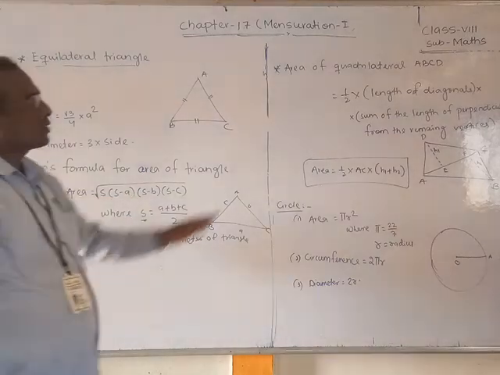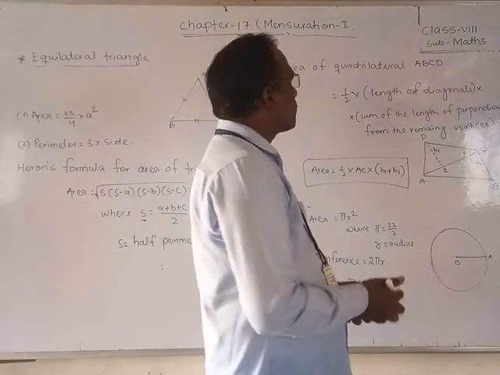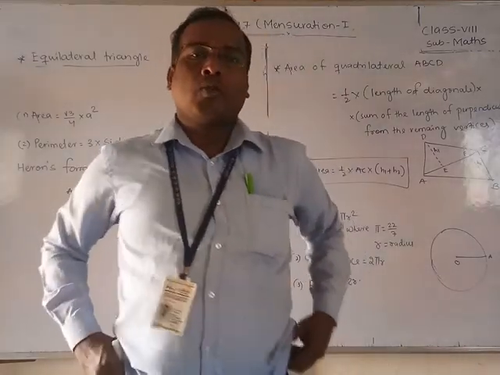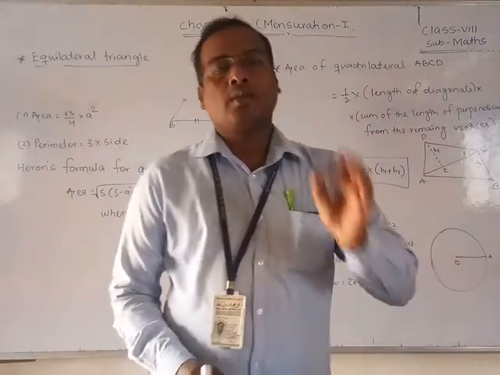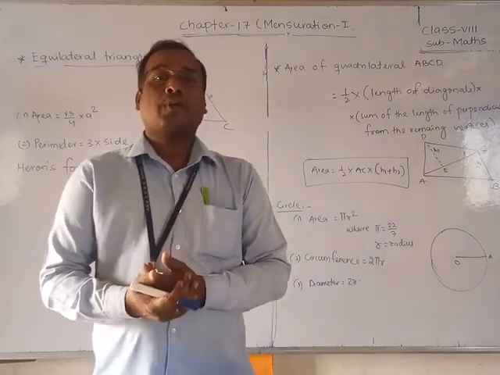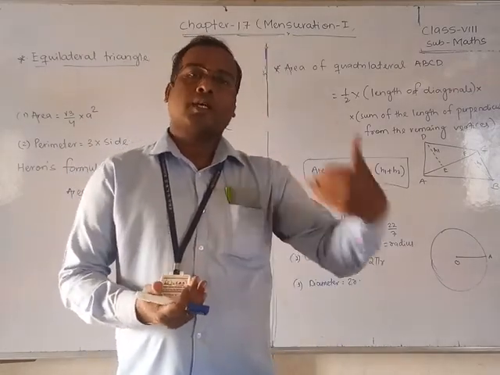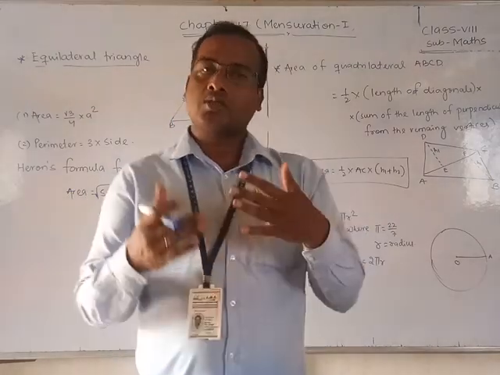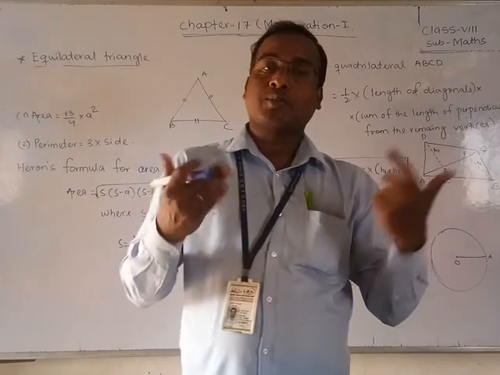Okay, so now we are going to discuss the area of a quadrilateral. What does quadrilateral mean? Among polygons, it is one which has four sides. If four sides are there, then we can say it is a quadrilateral. So how should we find its area? I already told you, friends, a polygon having four sides is a quadrilateral. But there are different types of special quadrilaterals.